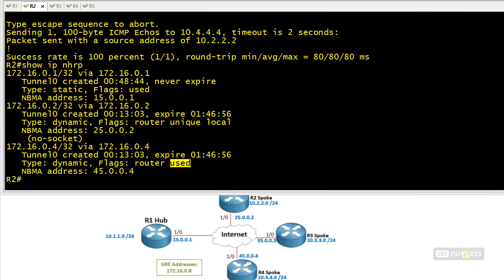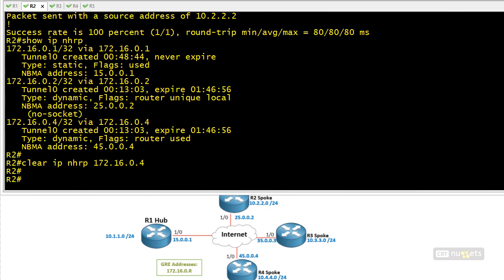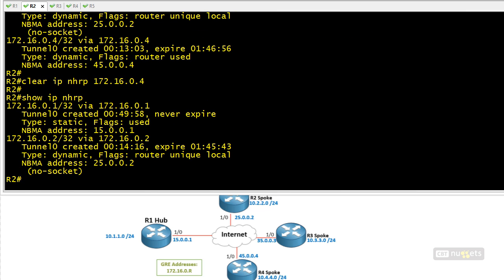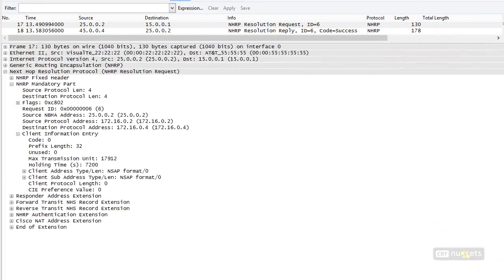directly to R4. If we want to clear the mappings, we can do a clear IP NHRP and then put in the mapping that you want to go ahead and remove. A few up arrow keys, we'll do a show IP NHRP. You notice that the mapping for 172.16.0.4 is gone. I thought it would also be fun to take a look at a protocol analyzer of a request and a